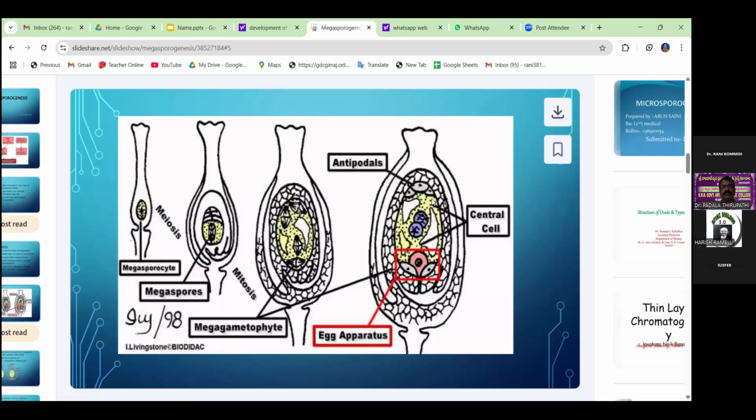Okay. So in this, there are the central cells and this is the egg apparatus. The synergids become the egg apparatus, and the upper 3 are the antipodals, 1, 2, 3, and 1, 2, 3 act as the egg apparatus. The central portion has 2 nuclei, looking like XX. Both combine to form the 2x state, that is the central portion. So this is just like the complete formation of the embryo sac.